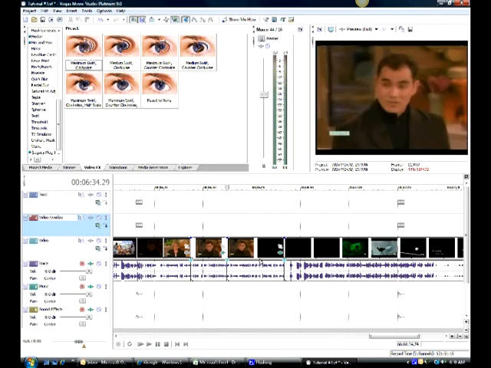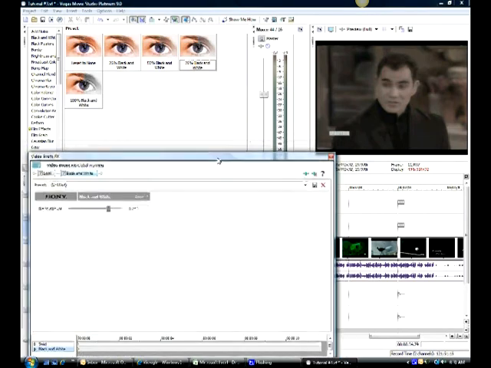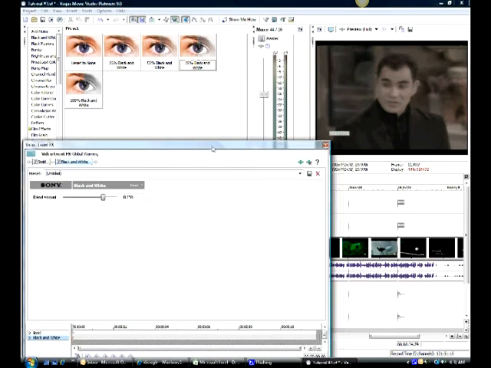I'll hit split right here, and let's drag in a different style of effect. Let's go with black and white, and we'll drag that and drop it onto here. It's not old style black and white, and there are areas where you can do that, but this gives me the ability to pull it back to full color or to go to full black and white. I still have the swirl on there, and for this particular portion I don't want the swirl, so I can either just deselect it and the swirl is gone,